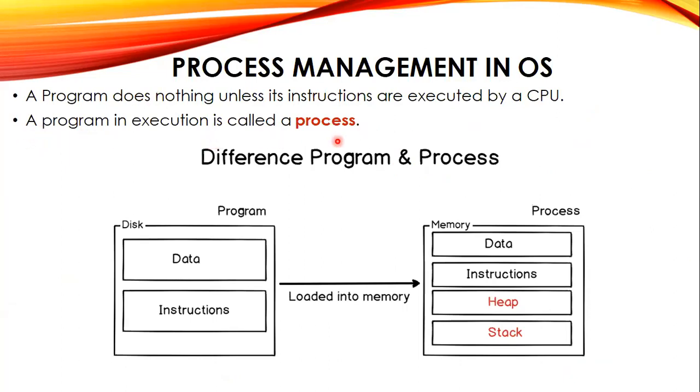Even though it is the beginning of the lecture, I say this sentence so much: a program in execution is called a process. So a process is a set of instructions that is executed by a CPU. Actually, when a process is executed by the CPU, our program is running. I mean,